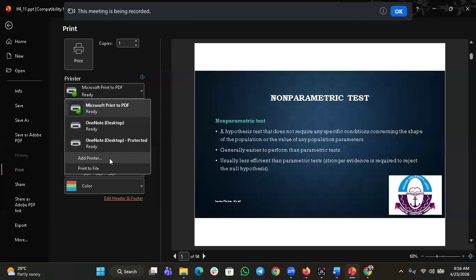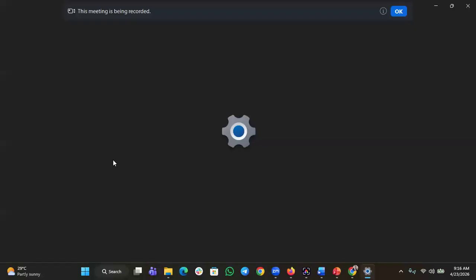There are some printers that, by the time you connect the USB cable to your system, will automatically install for you. While there are some that you will have to insert a CD-ROM and then install it. So after you have installed it, then you can go and click add printer. By the time you click add printer, it will take you to where